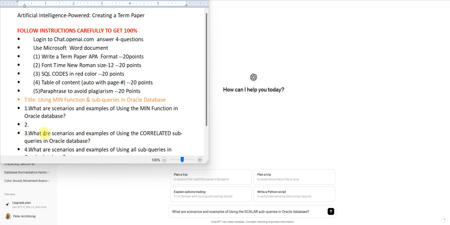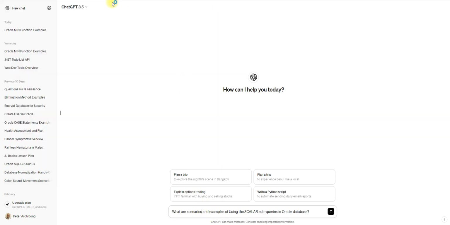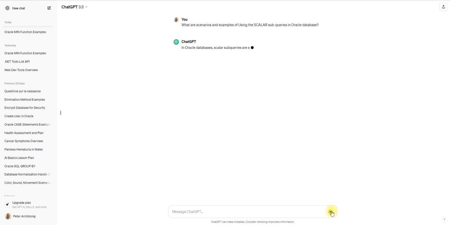We will do question number 3. What are the scenarios and examples of using correlated queries in Oracle Database? So at this point, you will copy the topic and you will go to chat.openai.com and you will use your Google account or create a new account to log in. Once you copy and paste, we already copied this one and pasted it here, and you hit enter. When you press enter,